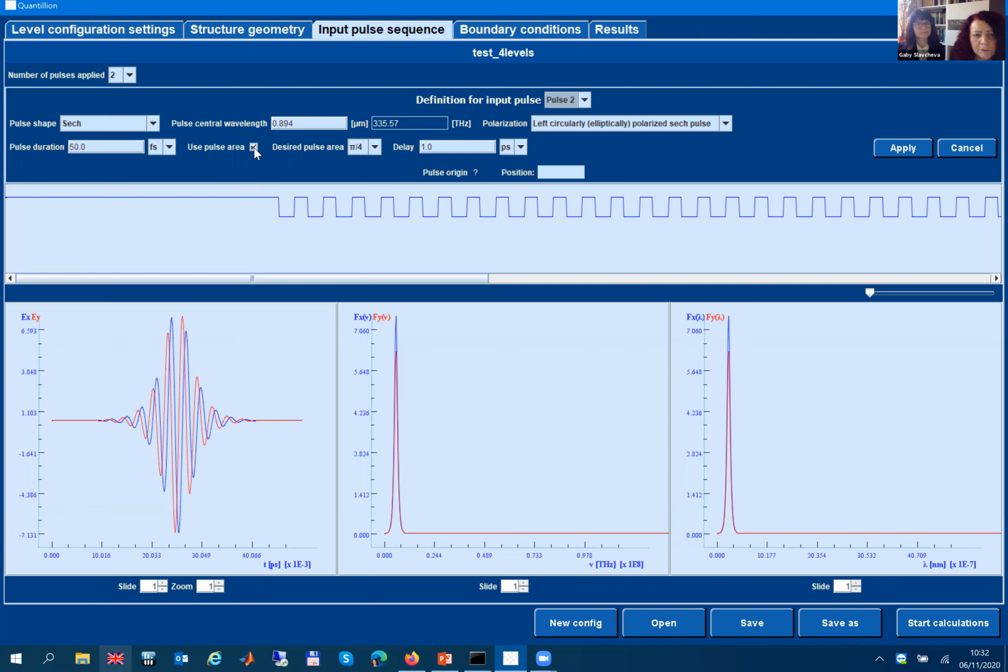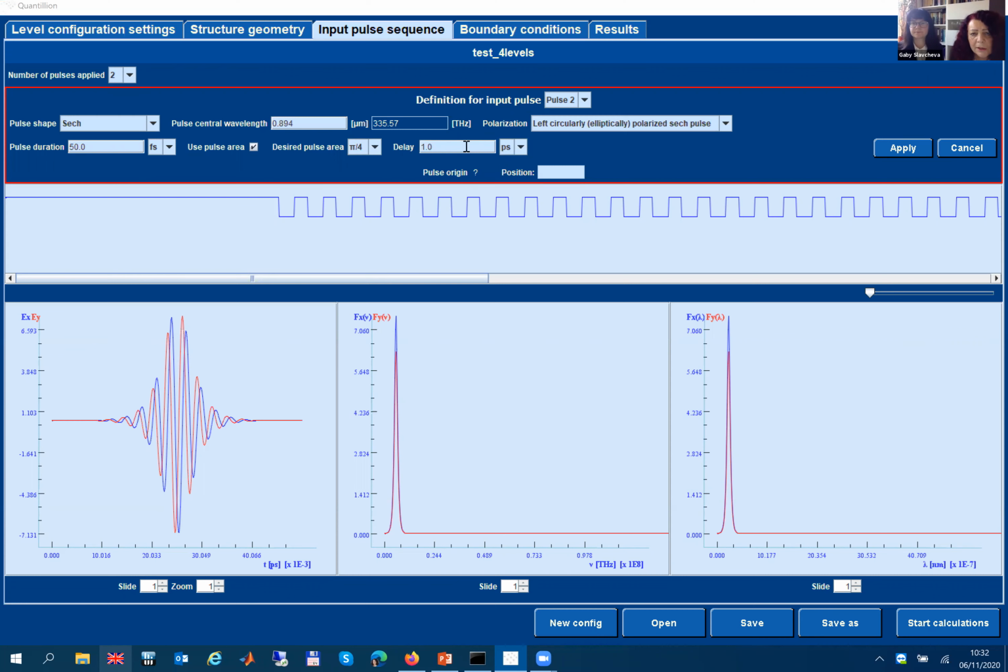We can also define the pulse intensity through the pulse area, or we can manually input the pulse intensity here in volts per meter for the electric field. And we can also define delays between the pulses, delays between the sequence of pulses that we want to launch. And this describes much more complicated scenarios.